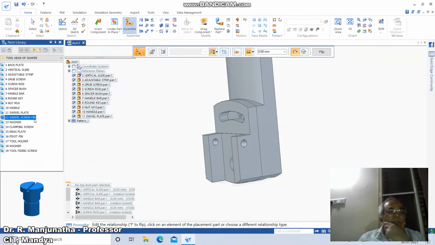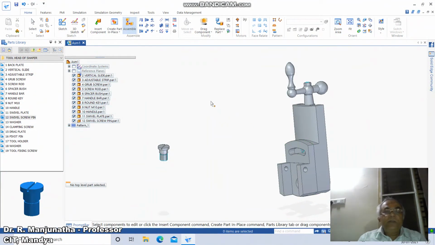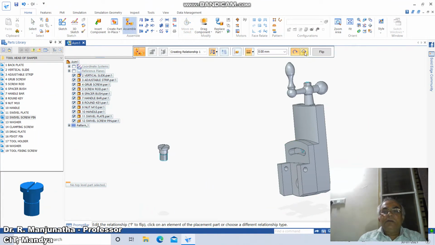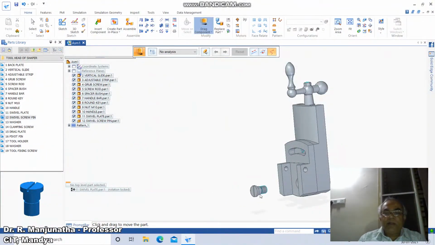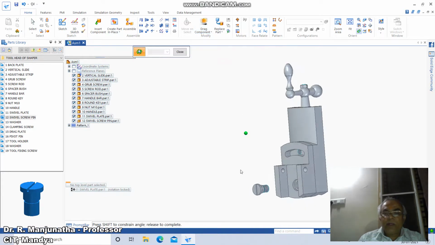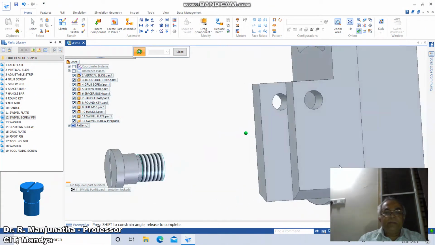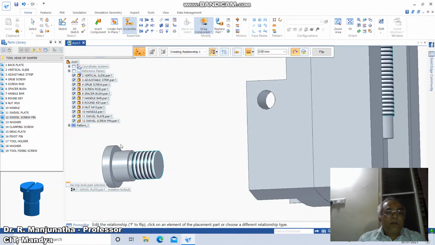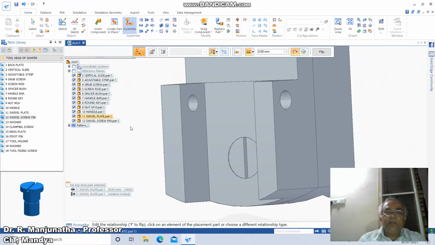So to do that, you just double click on this, then go to assemble, lock the rotation, click on this axis with reference to this axis, then you just drag the component and say OK, then move it inside, then go to reorient and then go to zoom area, then rotate this, then go to assemble, click on this base with reference to this face. So this will be locked.